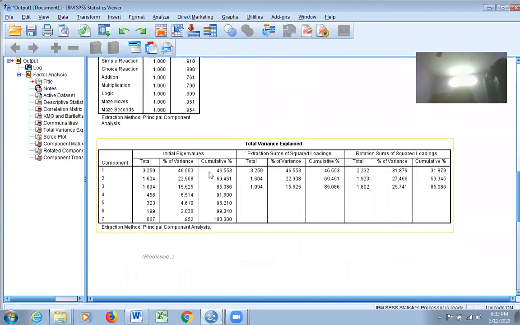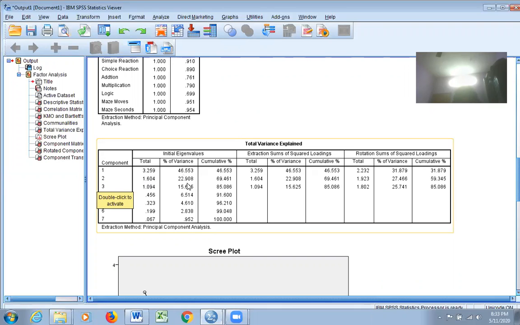Let me come down. You can see the eigenvalues as we decided. It has formed 7 factors, 7 groups, and only 3 groups have an eigenvalue of more than 1. It means that I am going to consider only 3 factors, the factors which have eigenvalues of more than 1. If you see here, the first factor contributes 46% of the total variance.